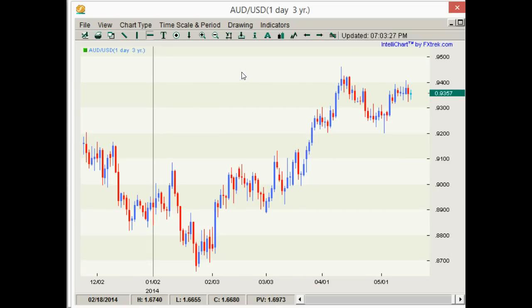What is looking better, ironically enough, is the commodity dollars. Aussie certainly looks relatively decent and is holding really nicely above this 93.50 level. It continues to outperform everybody on a relative valuation basis, and looks like it still continues to hold this consolidation between 93 and 94. 94 is clearly a very big challenge, and we would need to see some further dollar weakness for Aussie dollar to kind of run all the way through towards the 95 level,